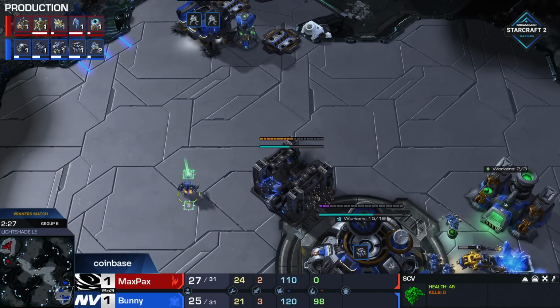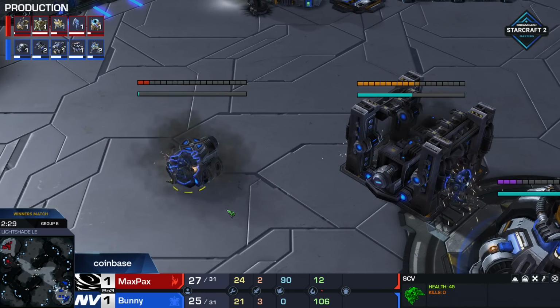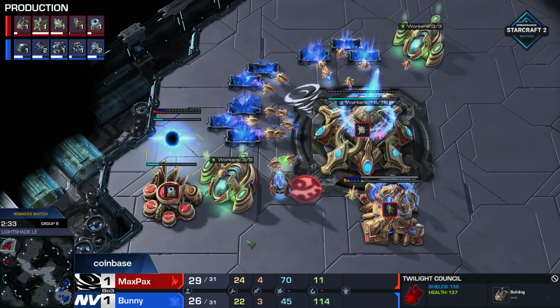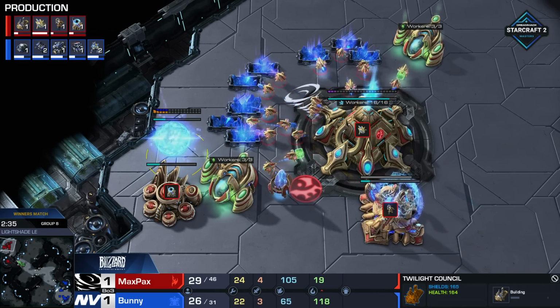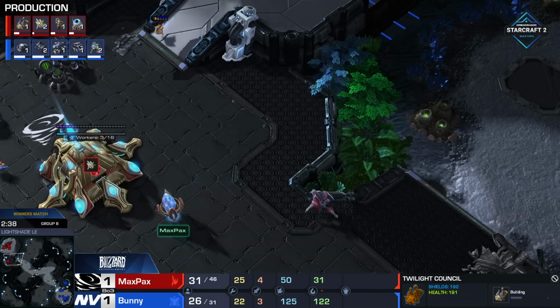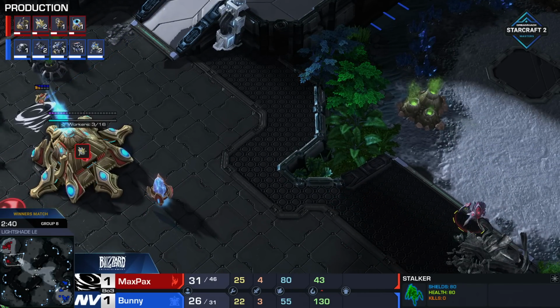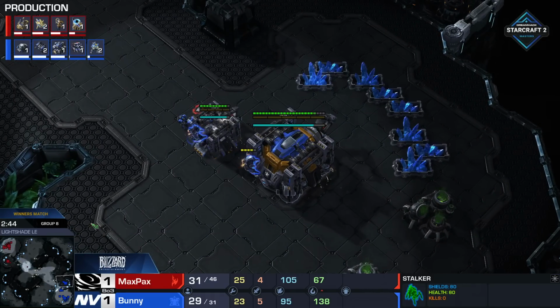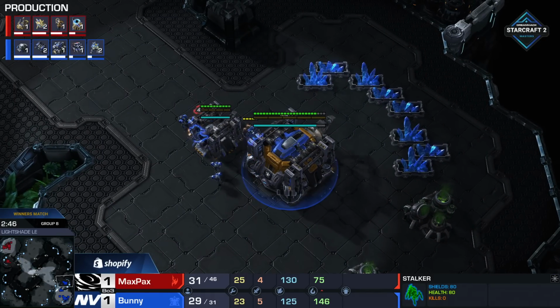He's prioritizing a bunker. I don't disagree with that either. I'm just really excited for this barracks, and there it is. Yep, MaxPax is going to go for a Twilight Council. Now, I think this Adept is going to be very important here. Stalker is going to run to the other side of the map. You're going to see that there is a bunker, and you're like, all right, I'm not going to get a whole lot done here. But this Adept is going to shade over and over again towards the top of that